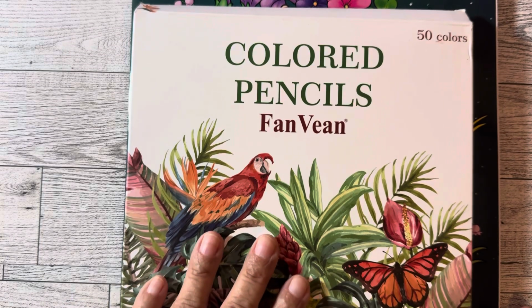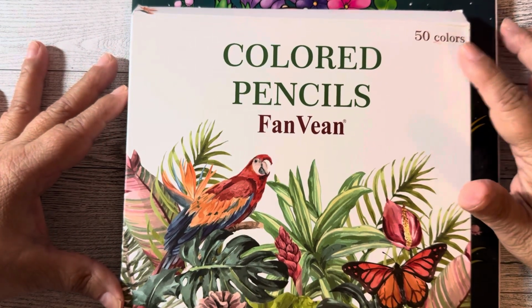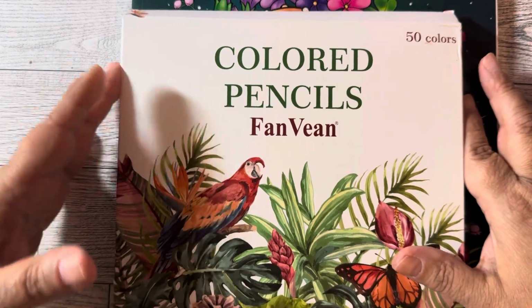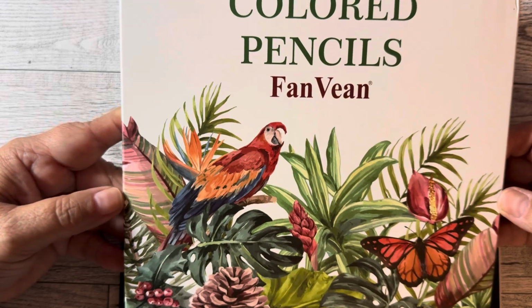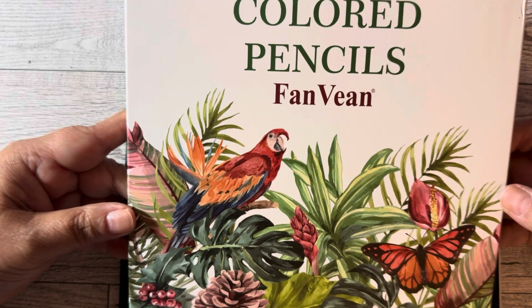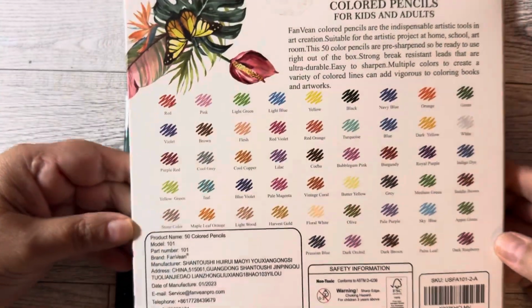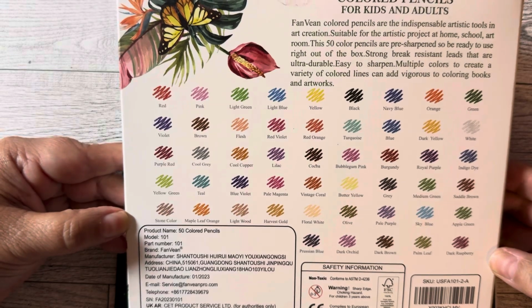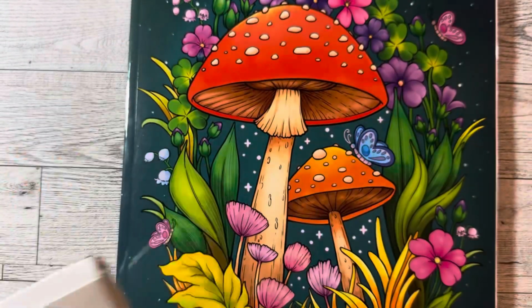Now my aunt brought me this set of colored pencils, which I absolutely love. It has 40 colors and they are just wonderful. I love how they feel on the paper, and the color that comes off of them is fabulous. Now she did get this from Amazon, and here are all the wonderful colors. So awesome. I love it. So I started my first